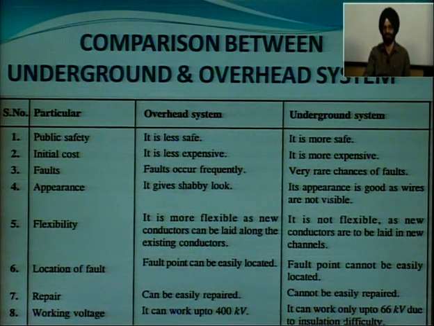You see, it is public safety, initial cost, faults, appearance, flexibility, location of faults, repair, working voltage. So these are the different points. In the overhead system we have less safety, in the underground system it is